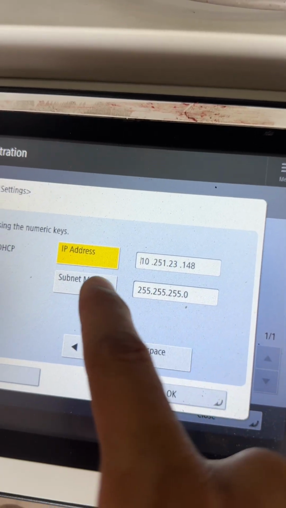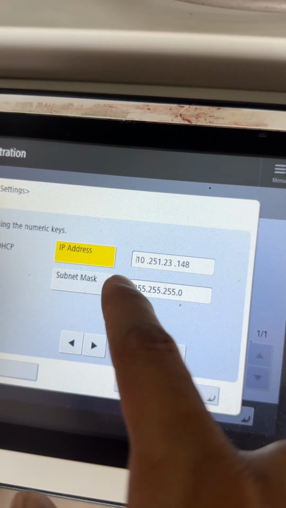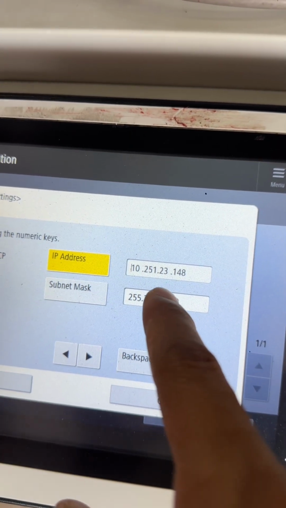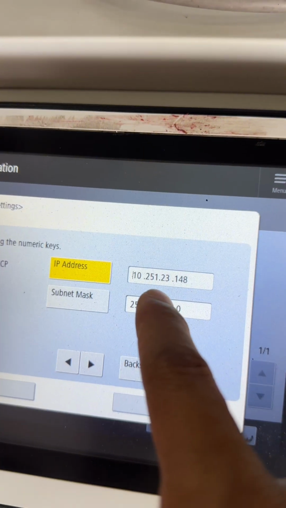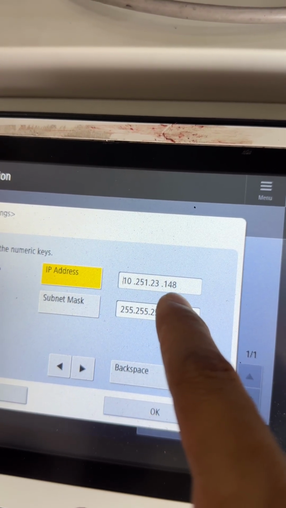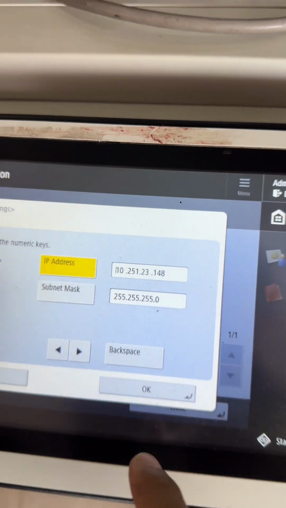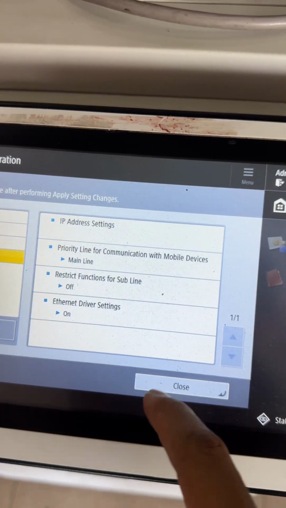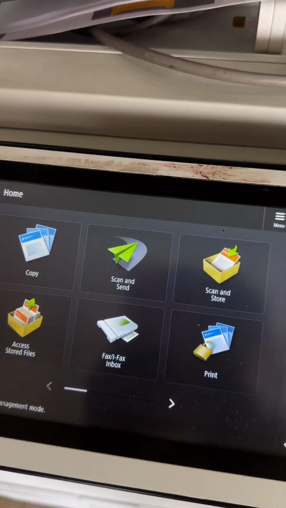So the IP you add to your computer, this IP address 10.251.23.148. This IP you can add with your laptop.